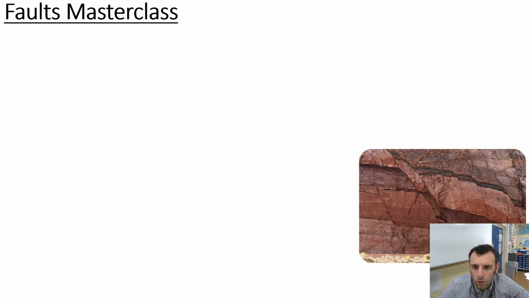So, welcome to Fault Masterclass, and this is a key area, lots and lots of questions associated with this. You can see a photograph on the right hand side that's just popped up, and there's some key features we can identify. With any fault, you've got a fracture. You can see me drawing the lines on that indicates that that area has undergone some stress. Now, the type of stress we'll have to investigate later, but those two things that I've just identified on there,